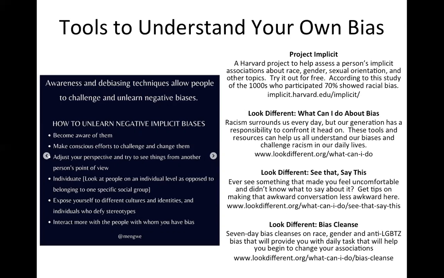But I think the biggest step is just becoming aware of it, and it's so hard because we don't want to be these people. It's so easy to hide this. Almost always these biases come out opposite of who you really want to be and who you're trying to be. So it's so easy to just ignore it or downplay it or come up with some other excuse. The reality is it's never going to go away. We need to be conscious of it and spend time finding out what it is, and working on it.